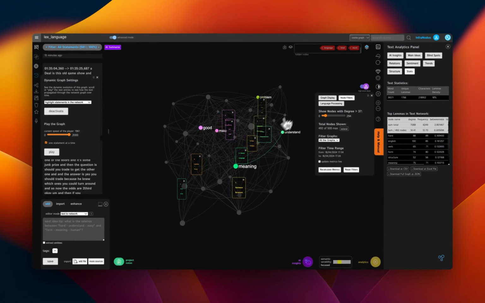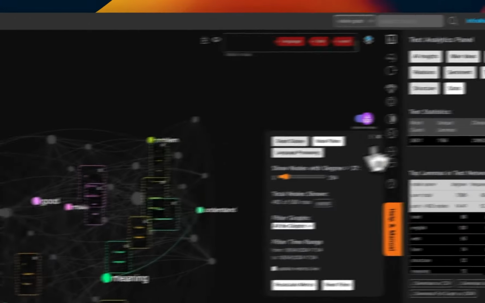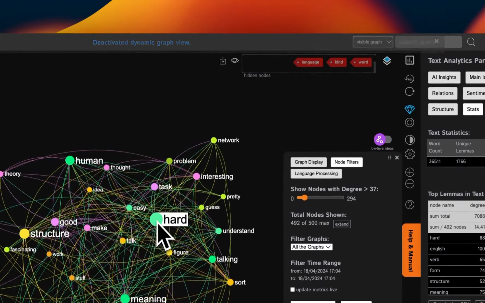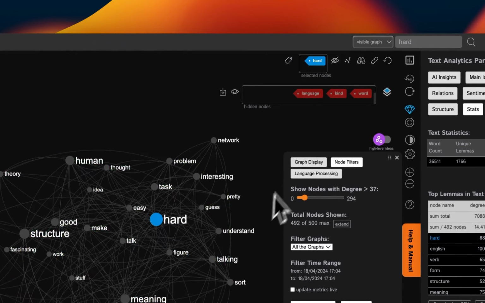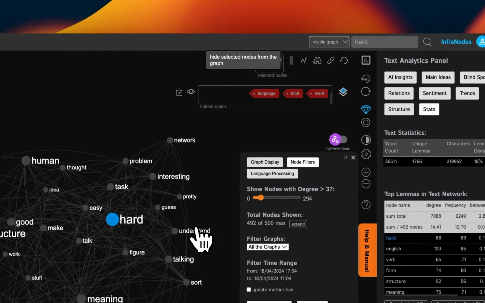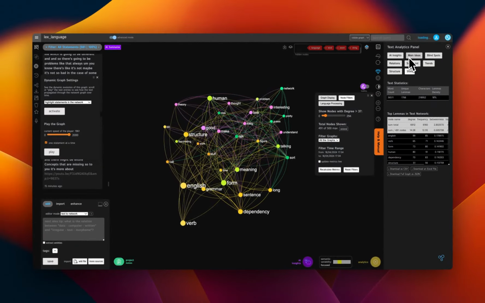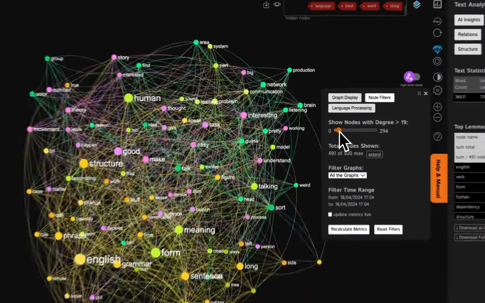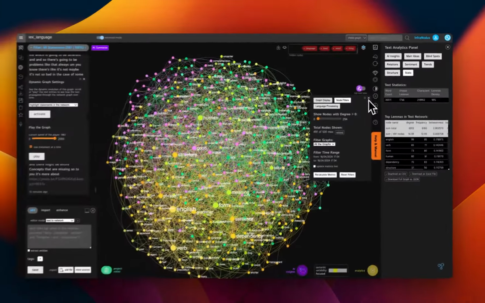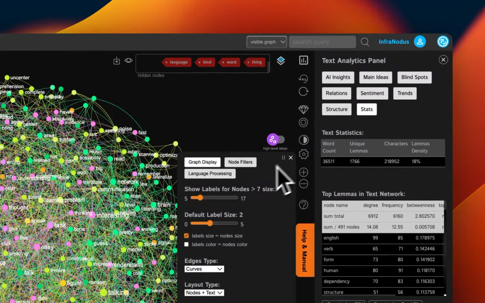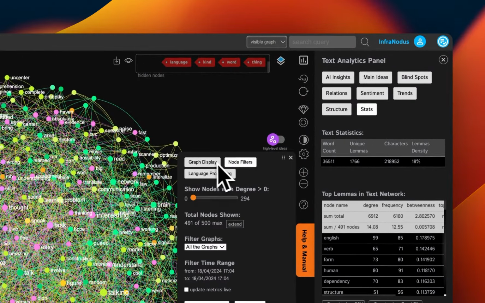So maybe at this point, after that initial look, let's deactivate that. Let's turn off the high level ideas. Maybe at this point I would do another run through, and I maybe want to remove hard. And maybe actually what I can do is go back to the entire graph. Another way that we can reduce it is,